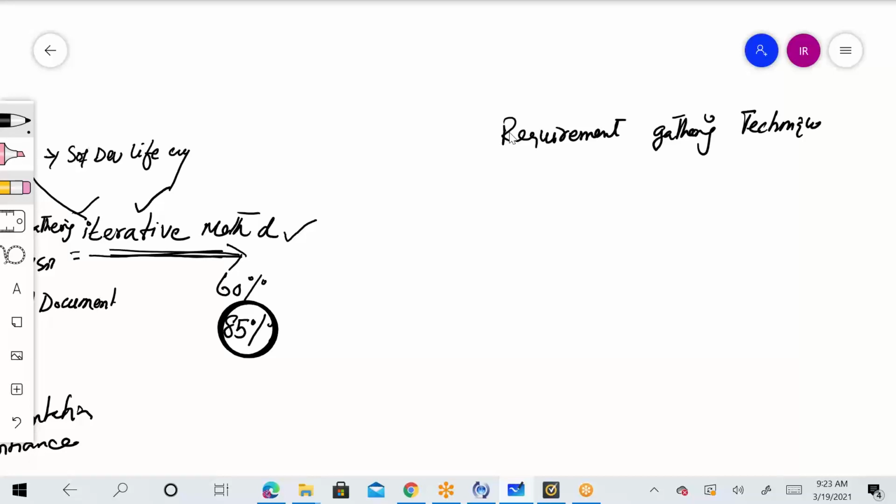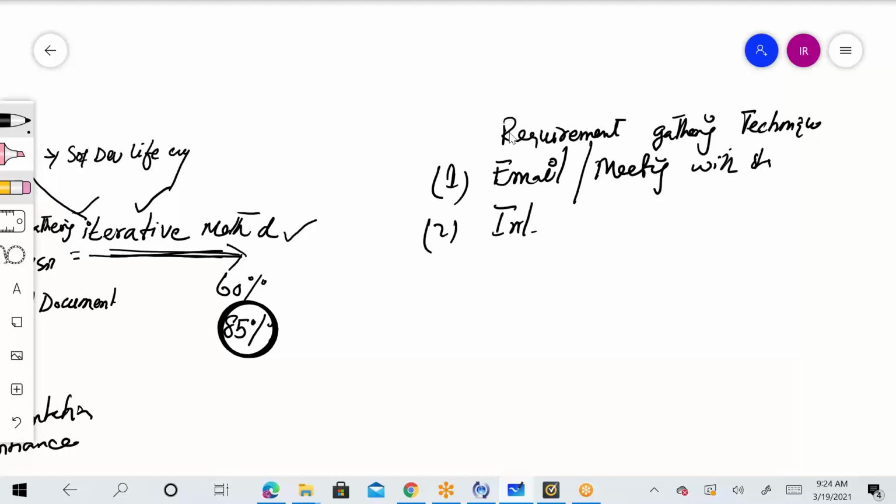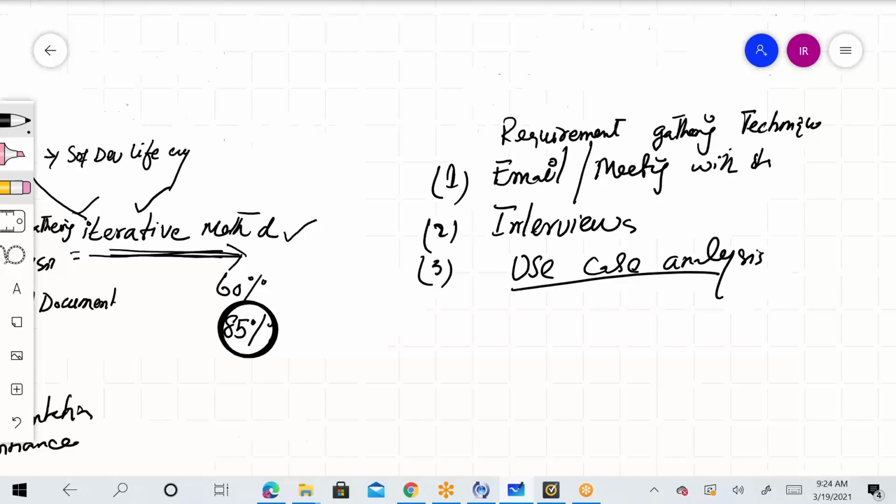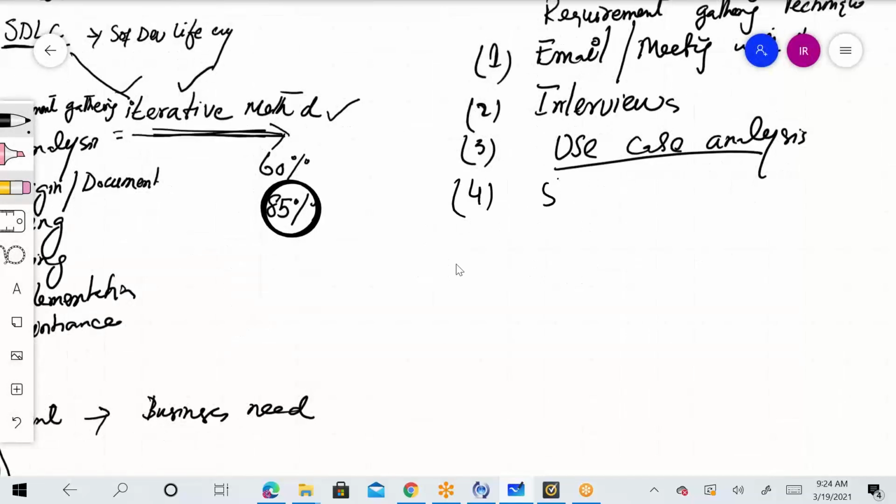So the most common method is going to be email communication, meetings with stakeholders, interviews. They could be one-to-one interviews, face-to-face interviews, over-the-phone interviews. Use case analysis, that is another method of gathering requirements. We'll be covering this later on. Number 4 is